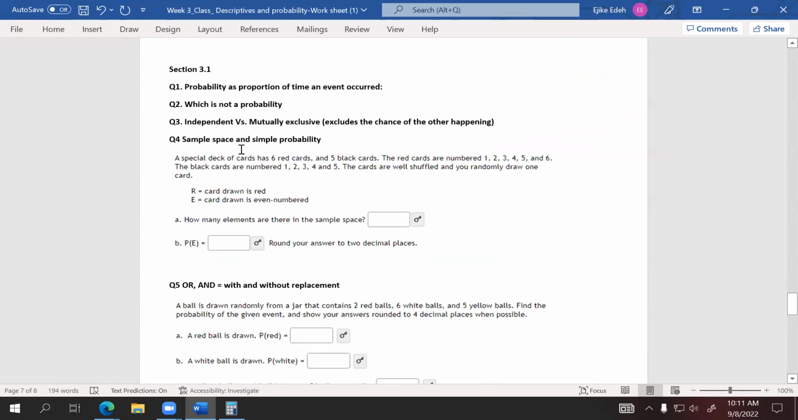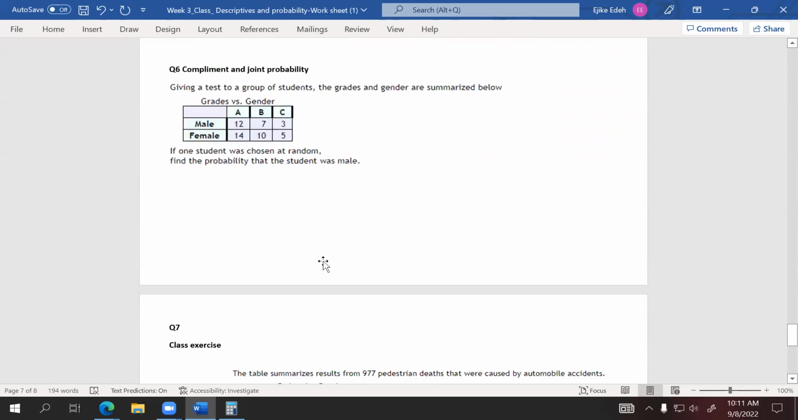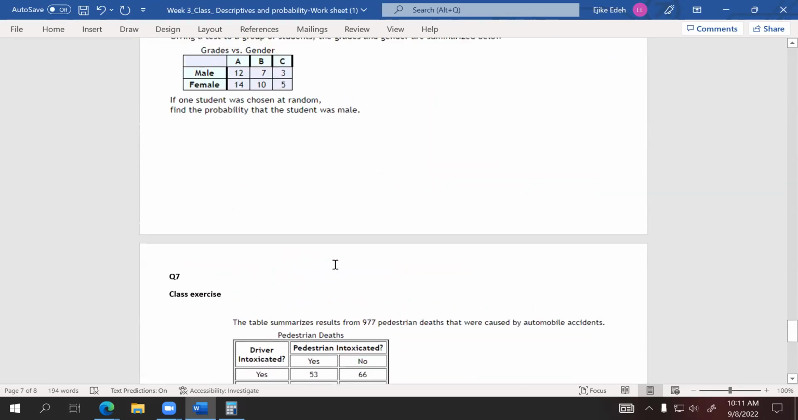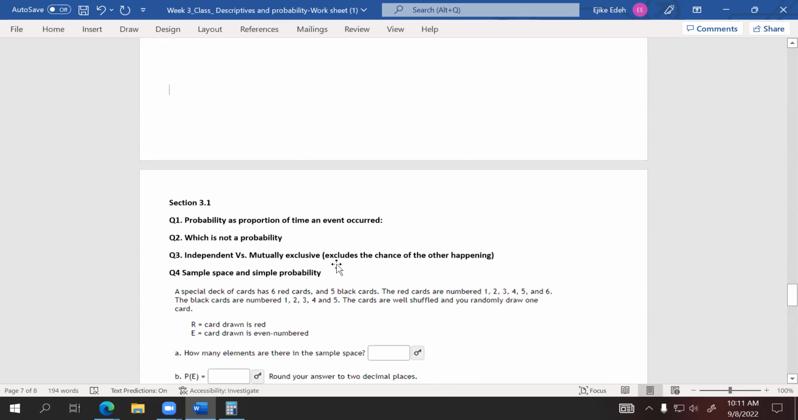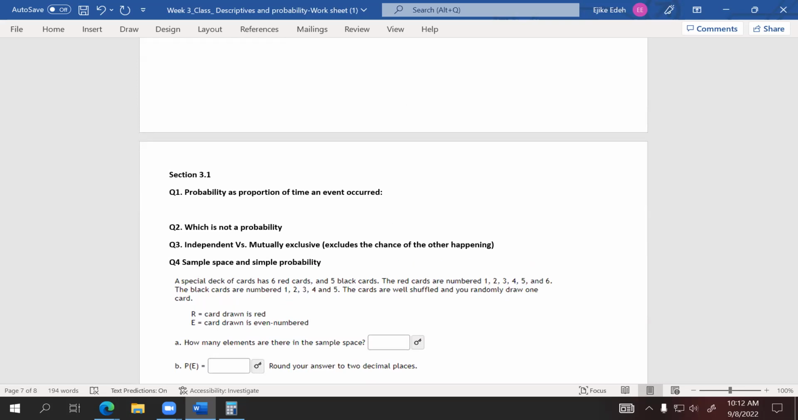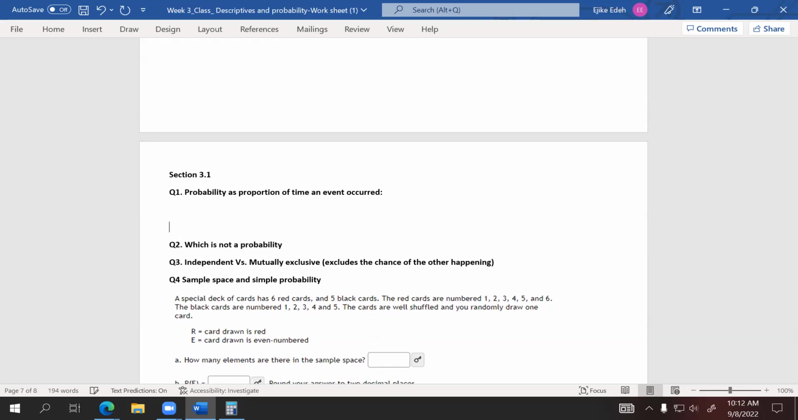Okay, so let's move ahead to this section 3.1. Hopefully we'll be able to cover it. So this is 3.1 and 3.2 joined together. They are both probabilities. So probability is simply the number of times an event occurs versus the number of times that is expected to have occurred, right? So if I just flip a coin and I'm expecting a head,